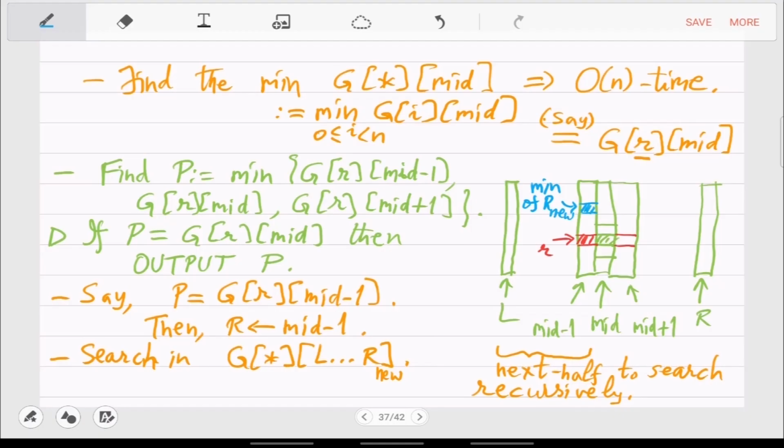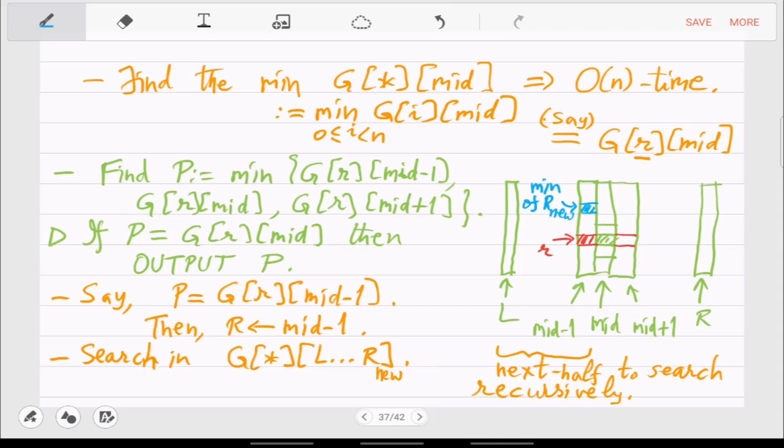How is that? Well, because the minimum is smaller than the rth one, and the rth one is smaller than the whole column of mid. That's all. We are simply using the transitivity of less than, right? Red is less than green, and blue is less than red.